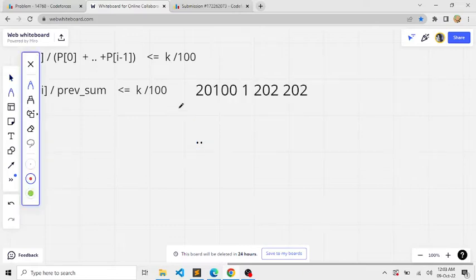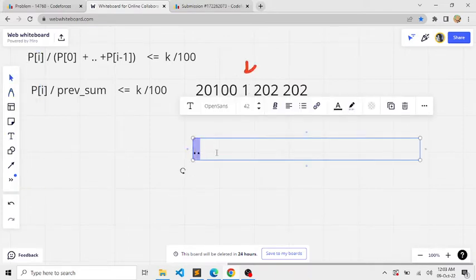So as they have mentioned, this would be our initial price, and we have to calculate the inflation starting from month 1, that is for 1 for 202 and again for 202. So starting from here, if we try to calculate the inflation coefficient, it would basically be 1 divided by 20100,